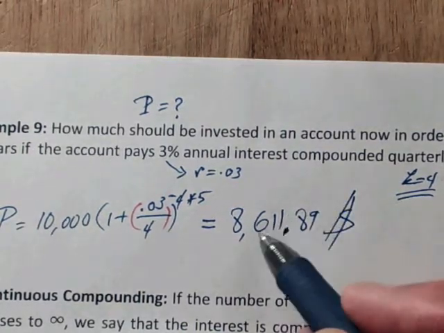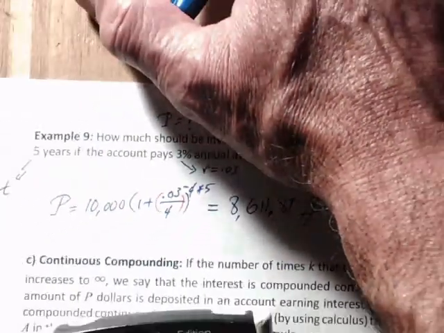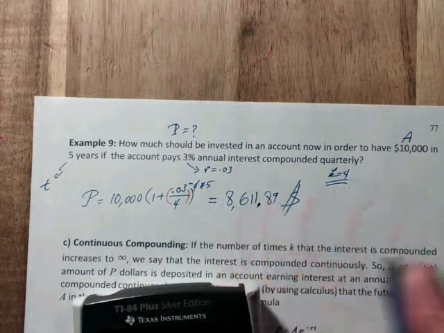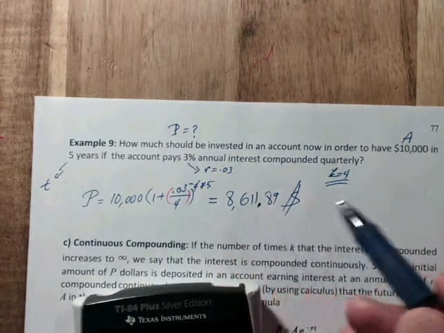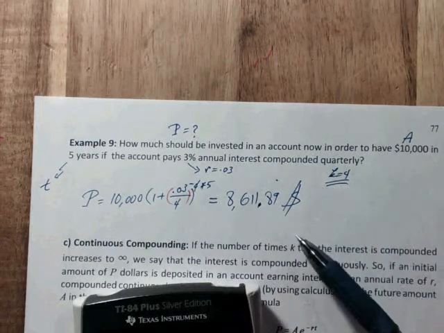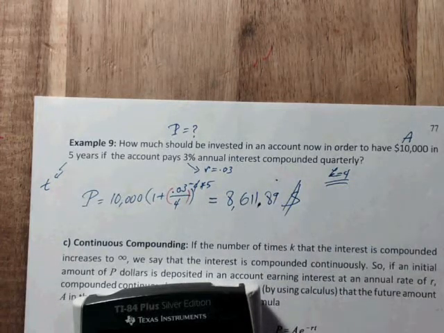So if you put this much in this account, this is what you have to start with, P. Then after 5 years with this interest rate and quarterly compounding, you will have that $10,000 that you want. Okay, so